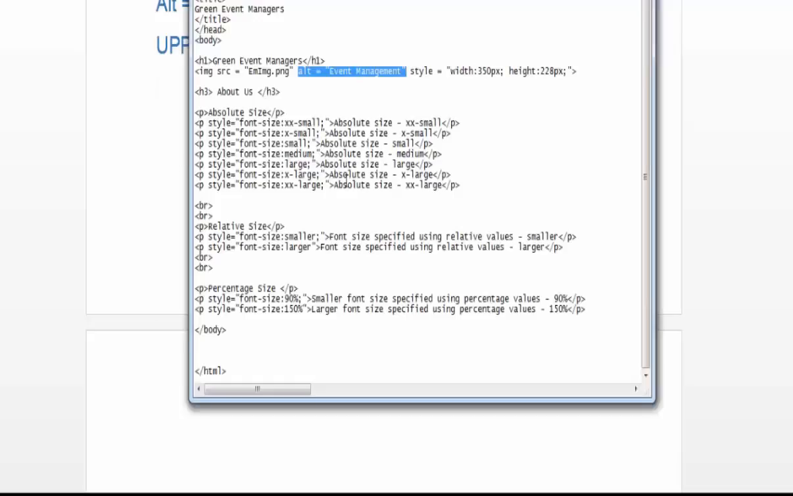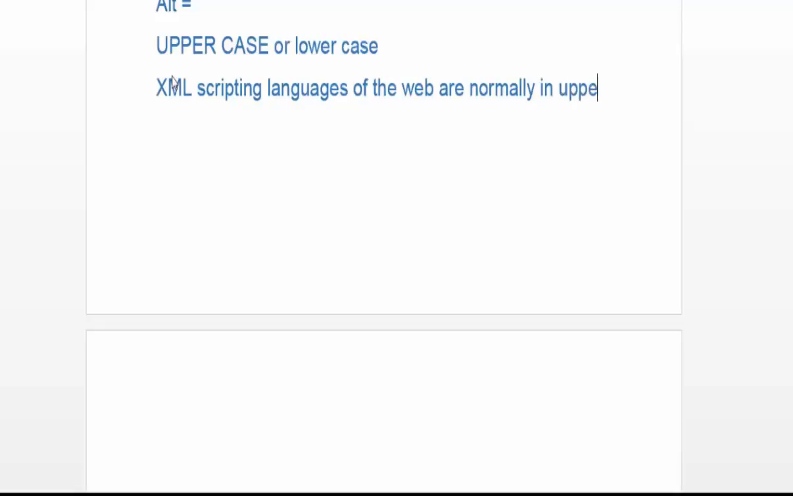all I have here is in small case. I can type everything in caps and the browser will still read it. But will I do it? No. Why? Because many programming languages like XML and scripting languages of the web are normally in uppercase. Okay, so in order to differentiate, lowercase